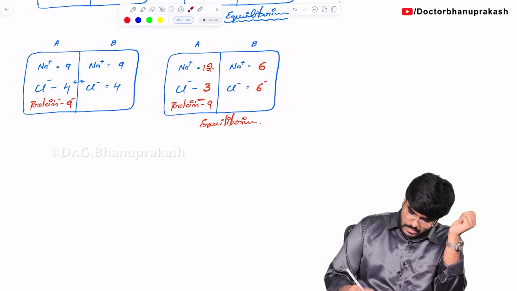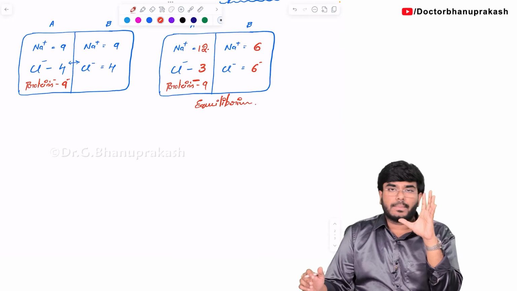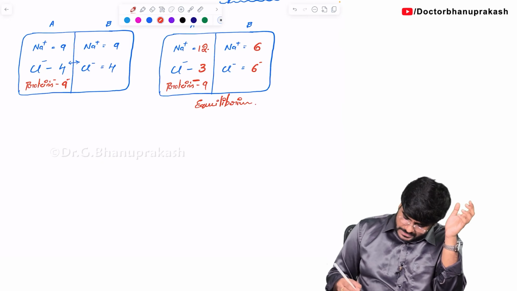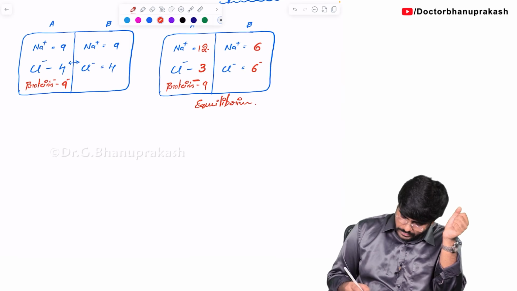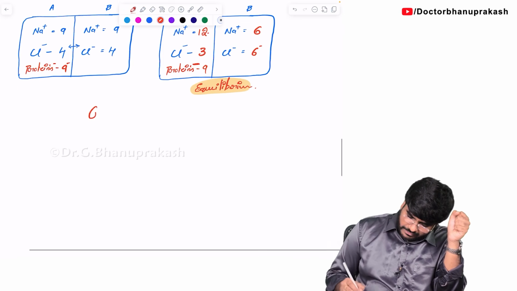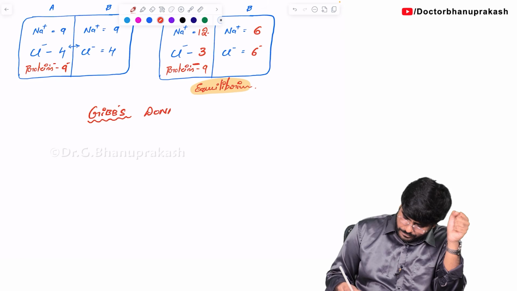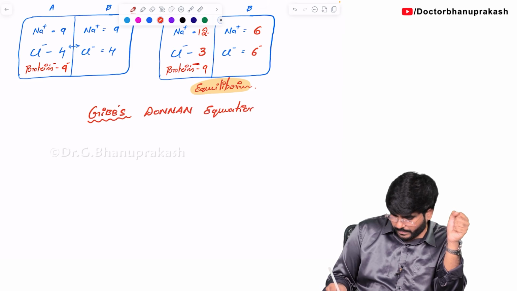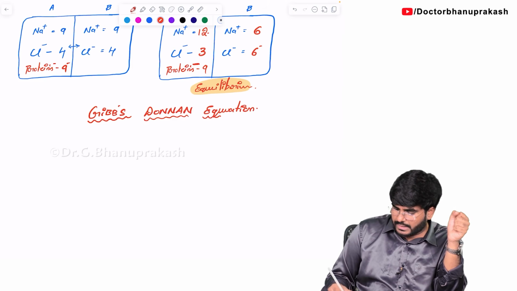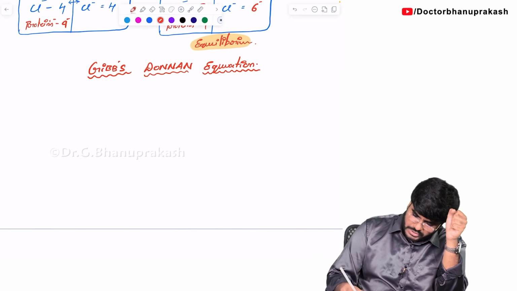Now look carefully. Based on this, we are going to give an equation, called the Gibbs-Donnan equation. Here you will get more clarity on why I am calling this an equilibrium, how this can be an equilibrium state. That can be explained with the Gibbs-Donnan equation. So what exactly is this Gibbs-Donnan equation telling us? It is that the total positive charge